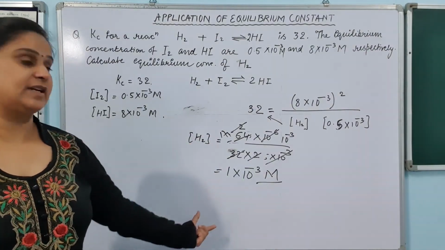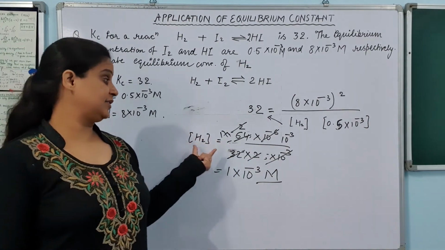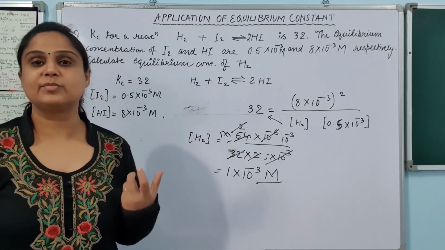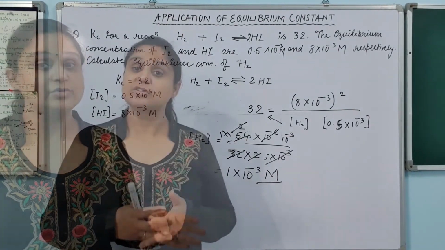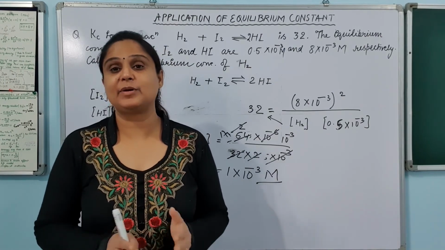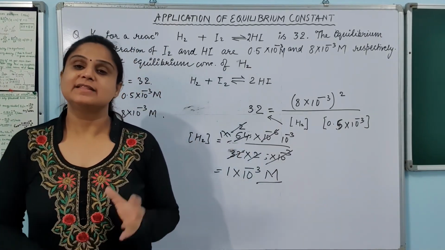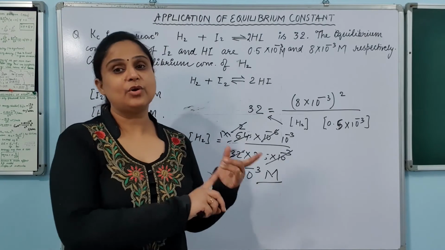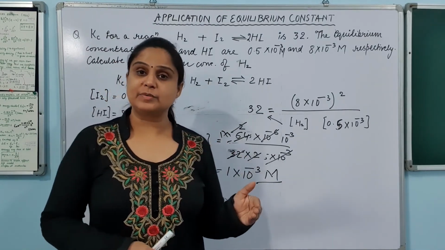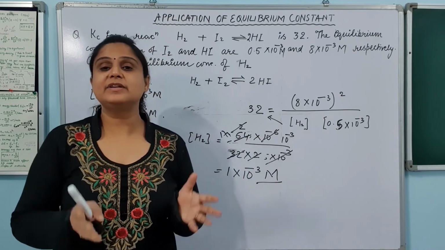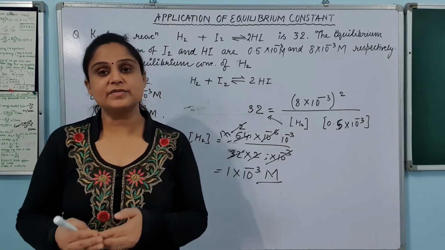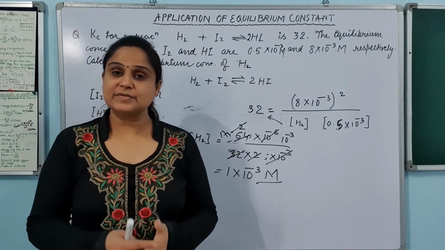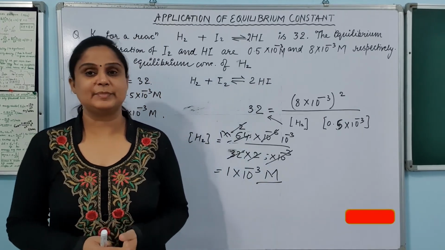So hydrogen का concentration we could calculate just because we knew the value of Kc. तो अगर Kc को नहीं पता होगा तो we cannot calculate the molar concentration at the equilibrium. So I hope now you are clear about what we can predict about a reaction if I know Kc. The value of Kc will help me to find out whether the reaction is proceeding in the forward direction or coming to the back side, whether it is about to complete or it has just started. Apart from that, we can calculate the concentration of the reactant or the product present at the equilibrium using the value of Kc. So this was all about the application of equilibrium constant.